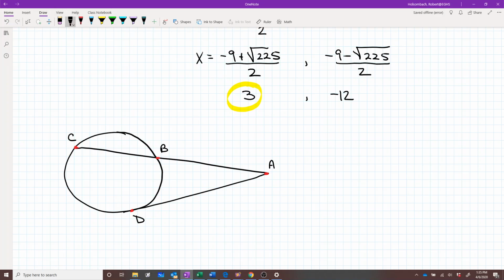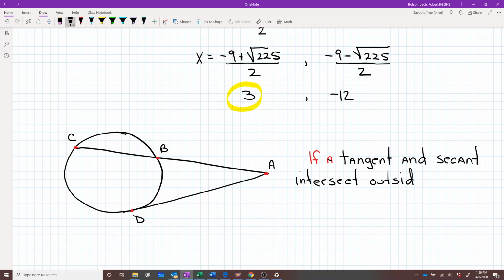Alright, so if a tangent and secant intersect outside a circle, then